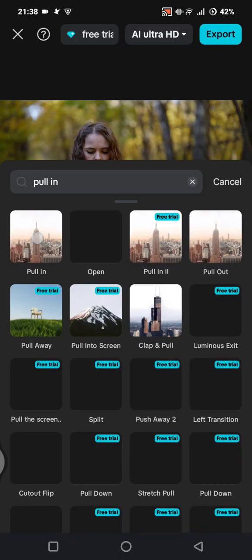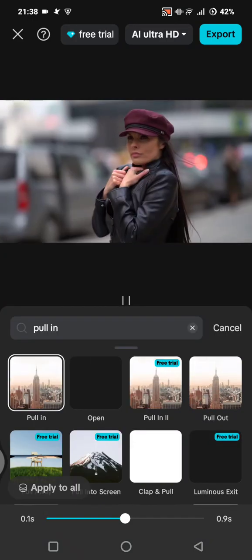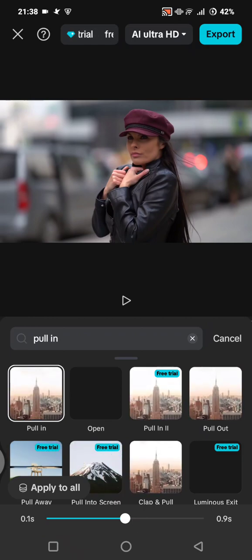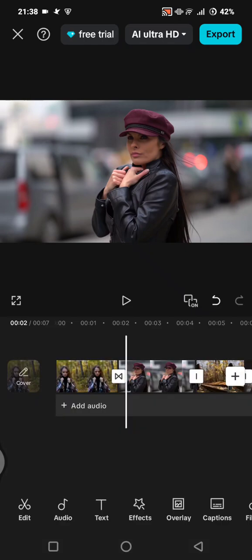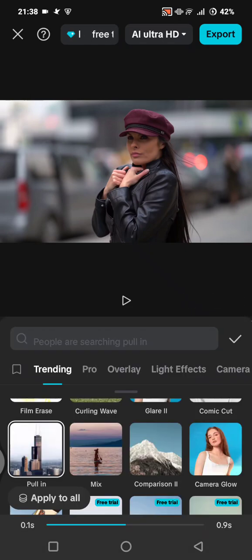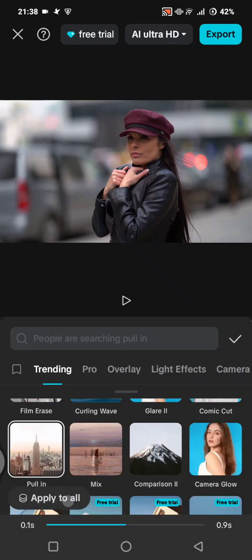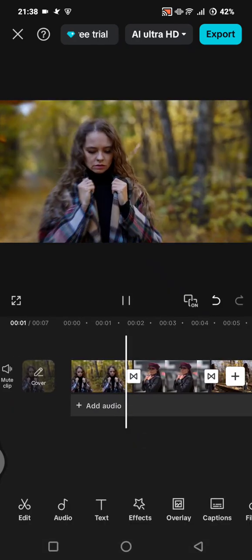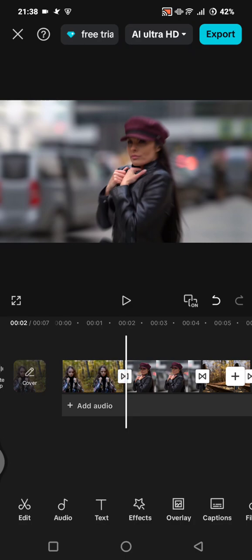Okay, this one in here, add it into your video and adjust the duration. So I'm going to just go with the default settings and make sure that it applies to all the clips. So once the transition is applied like this, now you can just